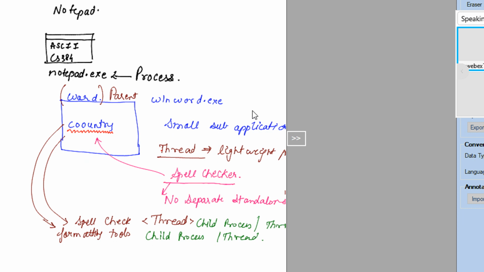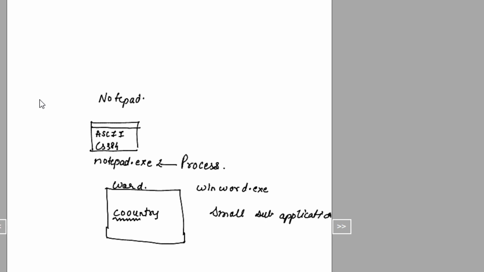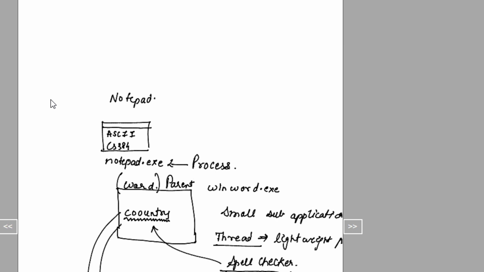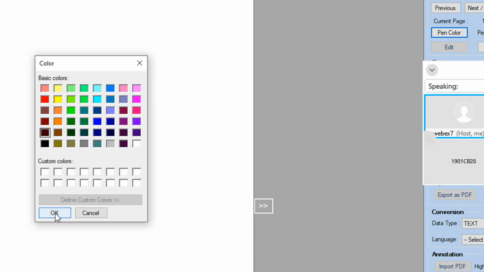Now, what is the advantage of having threads? The first advantage is that threads increase your program execution speed. As a very naive example, everything that you do in Windows or in Linux or in Mac basically runs as a thread in the background so that they can increase the system performance.